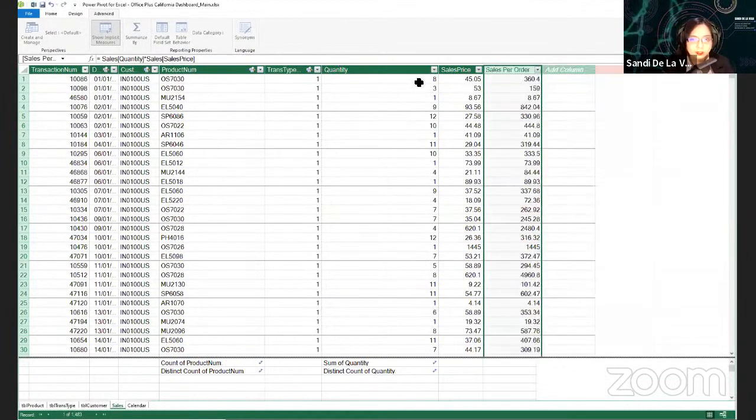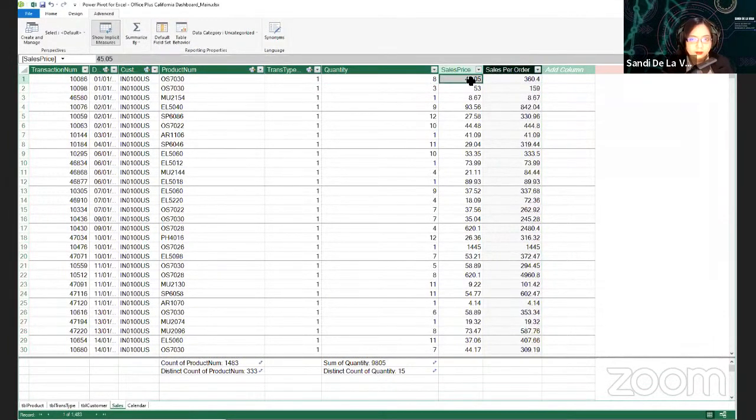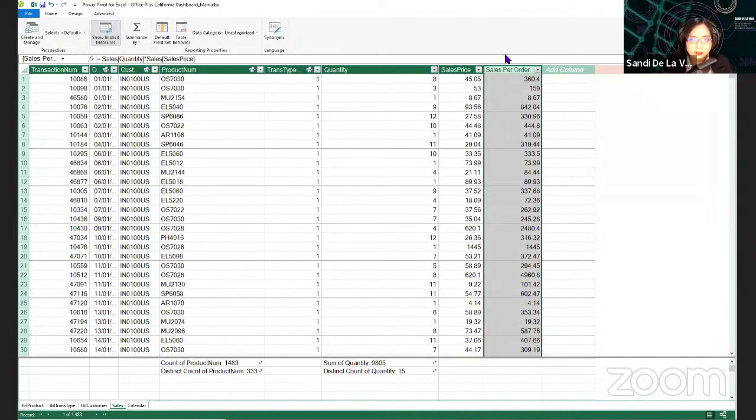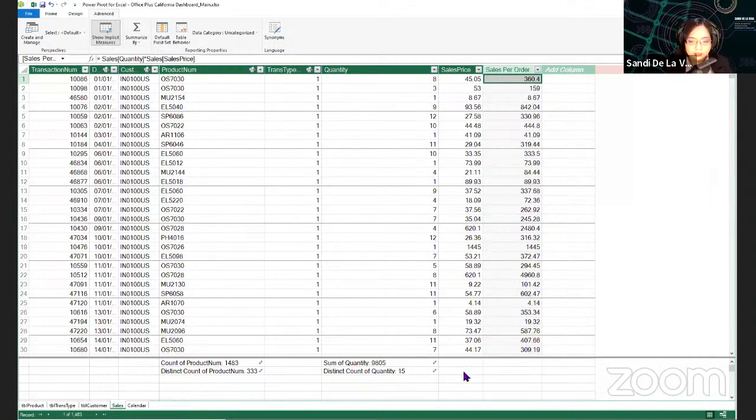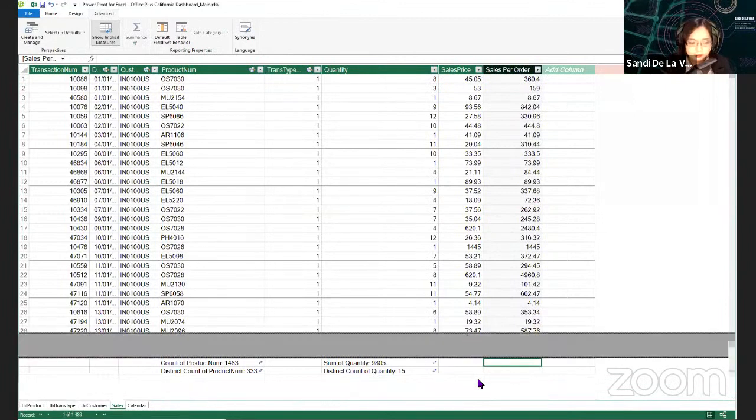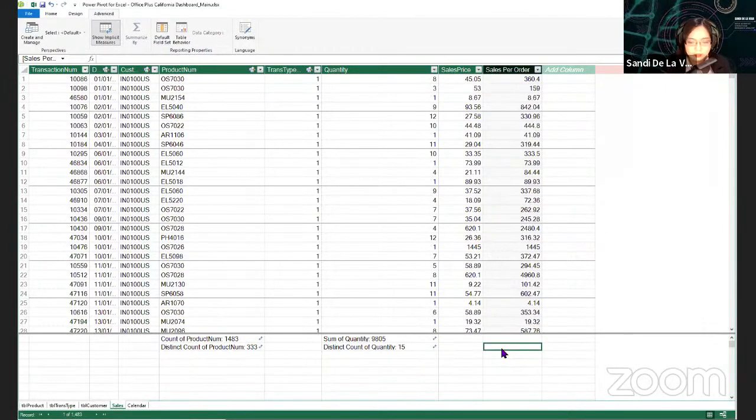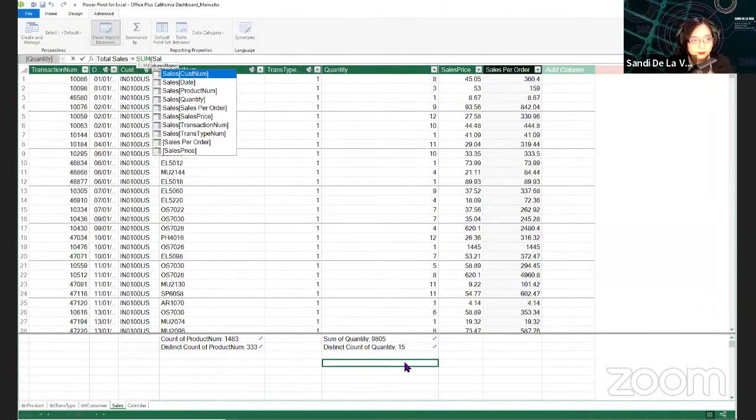It will now automatically calculate the quantity times sales price. This is what we need to get the sum of the total sales. In order to get the total sales, we go here below this line. That's critical to create the DAX measure. You can click anywhere, for example, here. Then just type total sales colon equals SUM of sales per order.